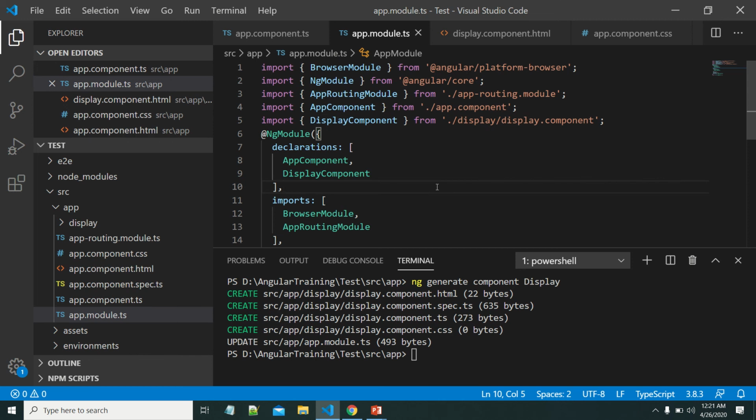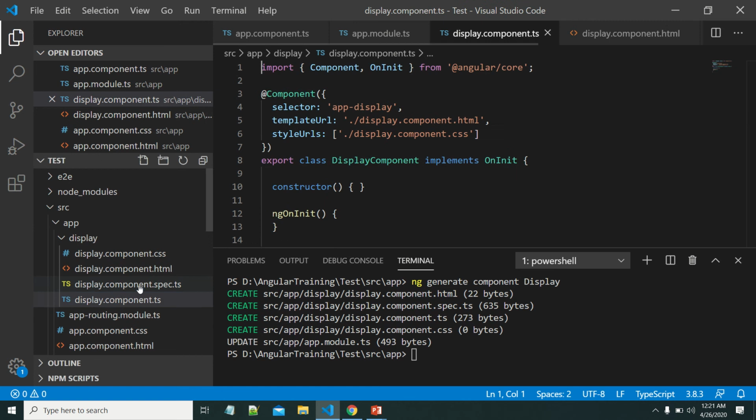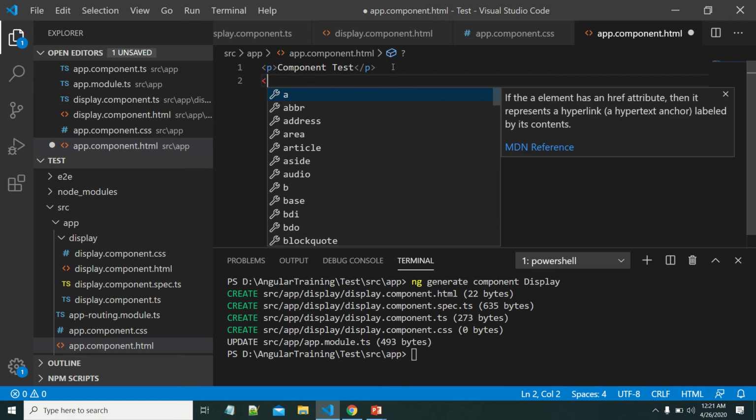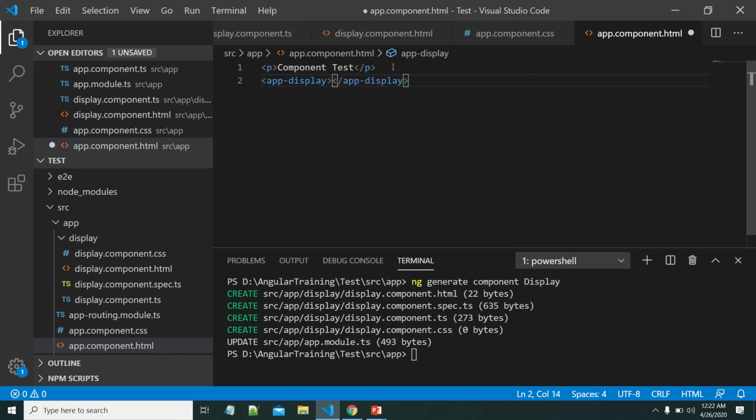Now if I want to use this component, we need to use app-display as the selector. Let me use this one within the app component. When we use this app-display, what will Angular do?